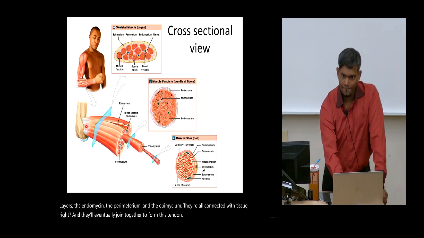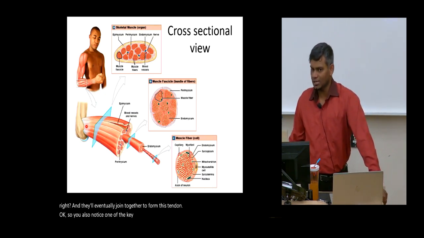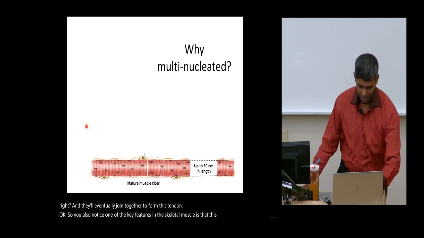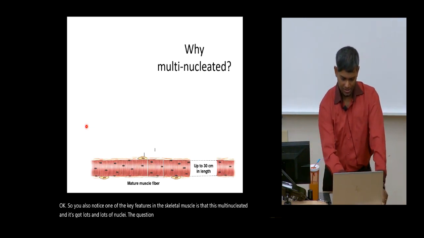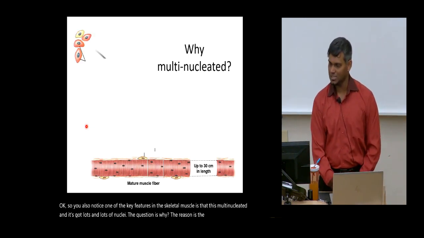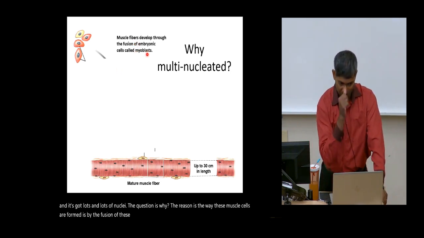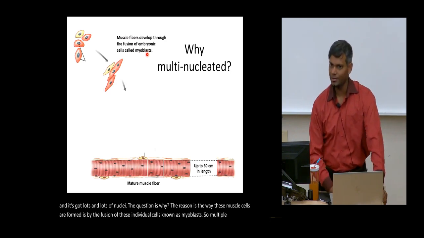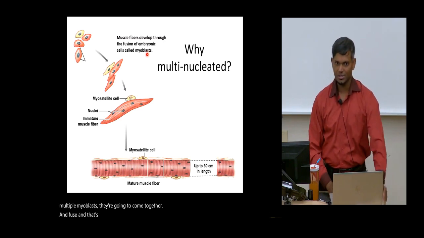Okay, so you also notice one of the key features in the skeletal muscle is that it is multinucleated, right? It's got lots and lots of nuclei. And the question is why? The reason is the way these muscle cells are formed is by the fusion of these individual cells known as myoblasts. So multiple myoblasts, they're going to come together and fuse, and that's how it leads to the formation of